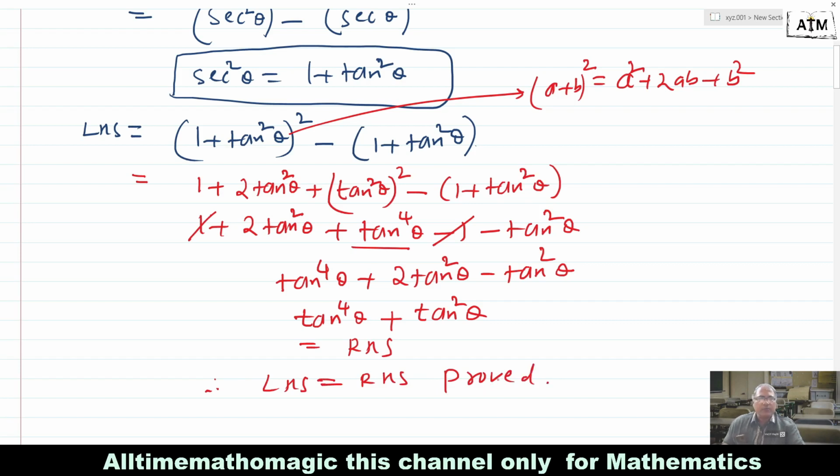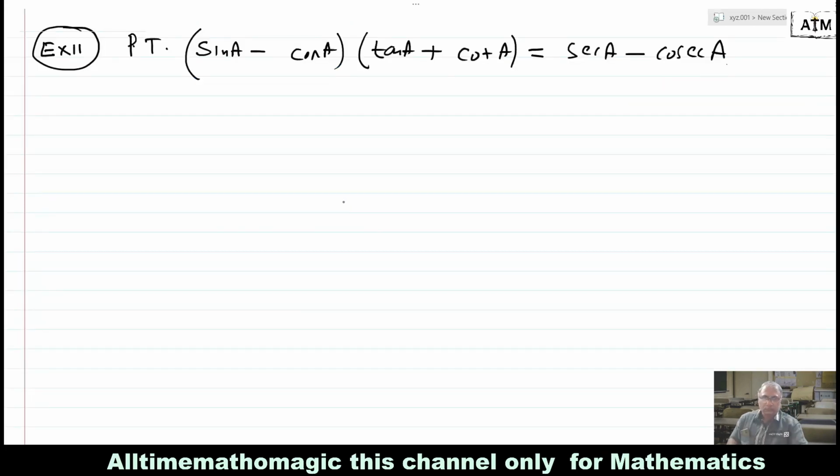Whenever a trigonometry problem is given to us, think about how the algebraic formulas are applicable in this problem. Once you see the algebra, you can easily get the LHS and RHS of trigonometry problems. Example 11. Prove that (sin A minus cos A) multiplied by (tan A plus cot A) equals sec A minus cosec A. Taking LHS,